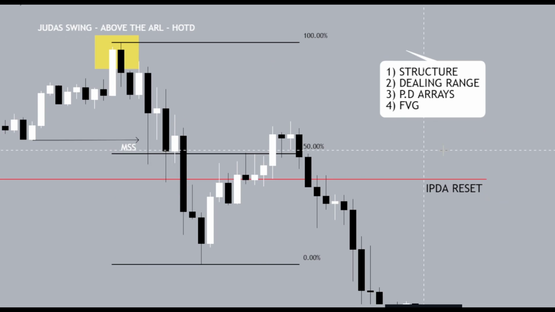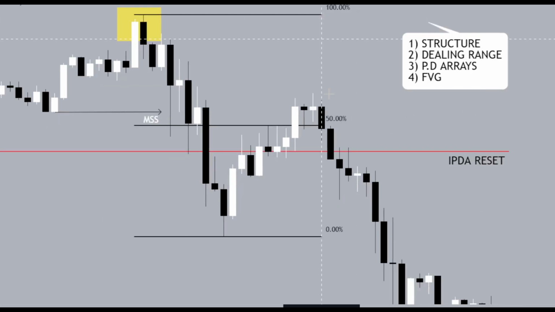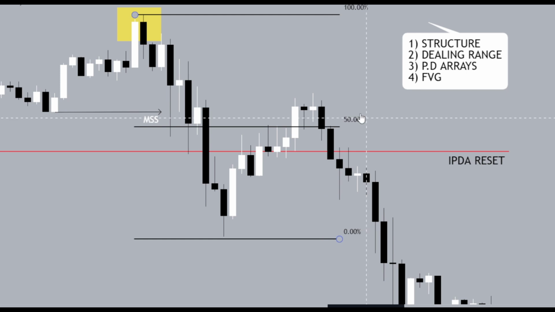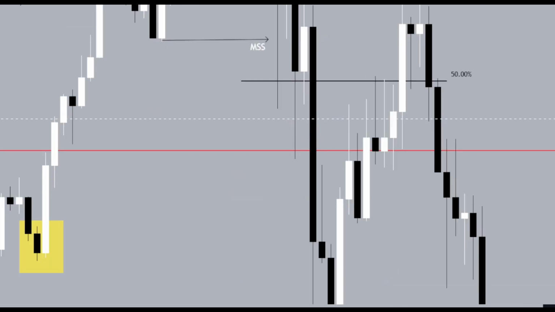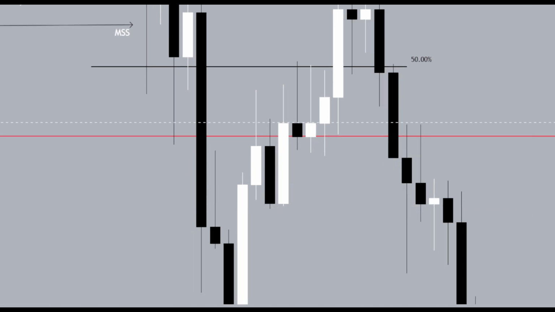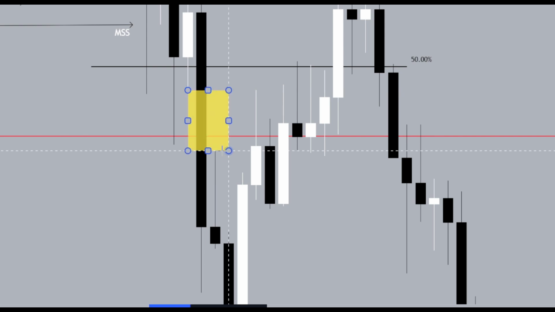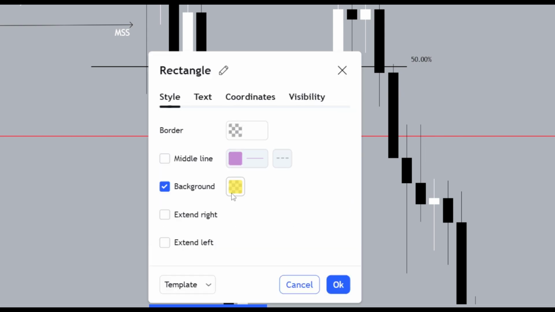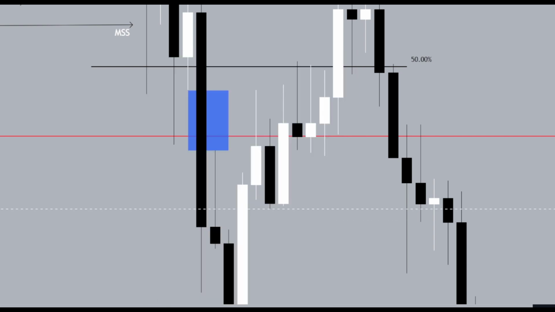So from here, we understand, yes, we are in the premium, so we are above that 50% level. Here is our fair value gap over here, right? So there are 2 things the fair value gap must be, right? The first thing is that it must be in line with a higher time frame narrative. That's very important. Now, from the start of the video, we understood that we're above a daily all-time high,